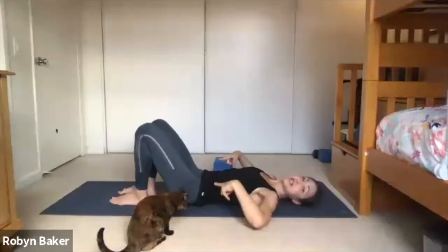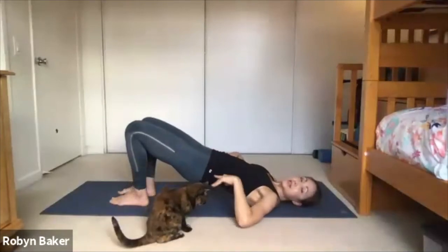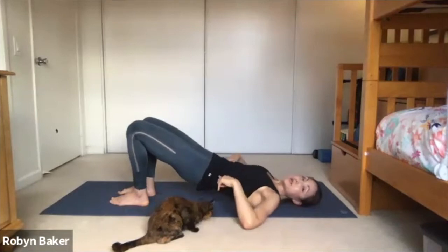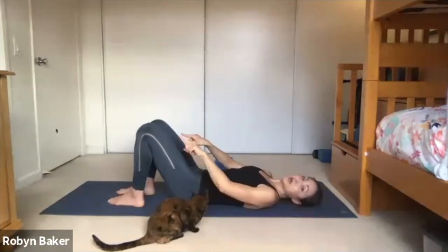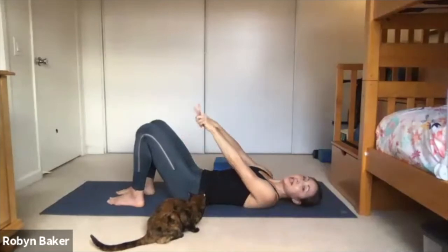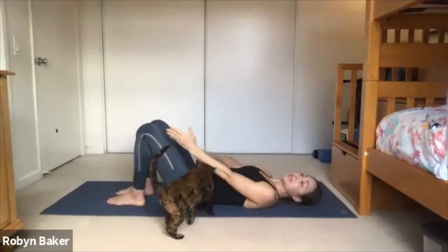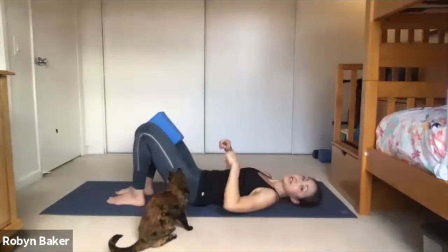So you wanna think of the tailbone coming up first, all the way up to maybe your upper back, almost to your shoulders, depending on your mobility, and you're gonna roll back down. As you do this, really make sure your knees and your toes are pointing straight ahead. There's gonna be a tendency for them to wanna come out to the side. Try to squeeze them together. If you have your yoga blocks, sometimes it's nice to hold the block in between your knees